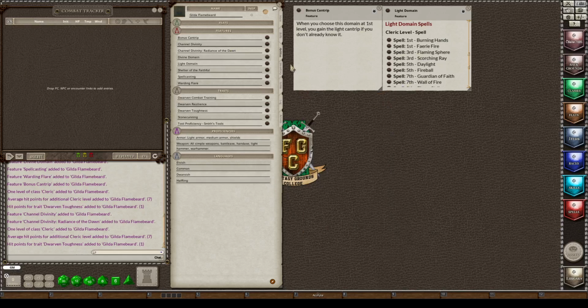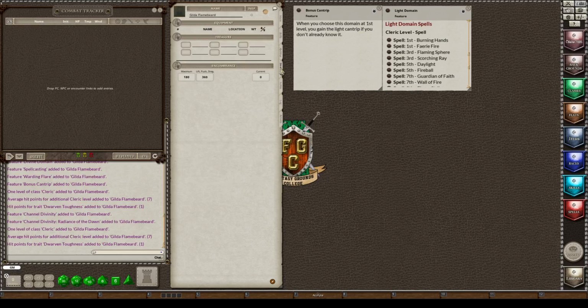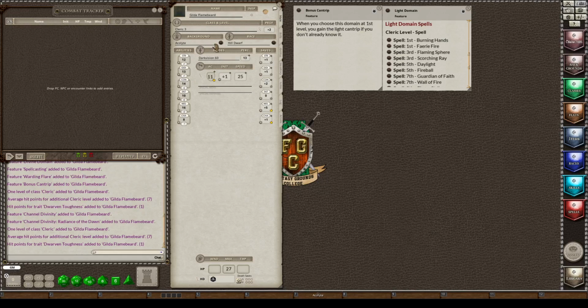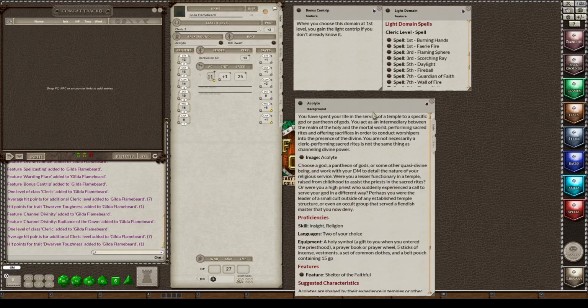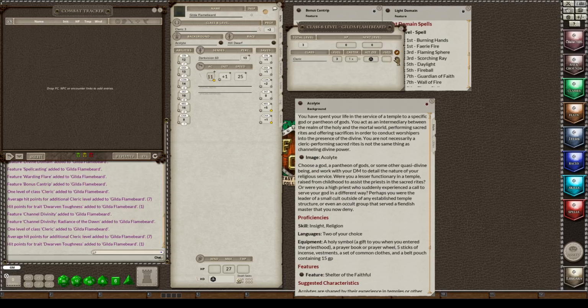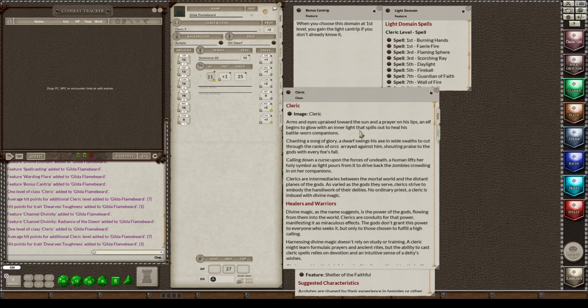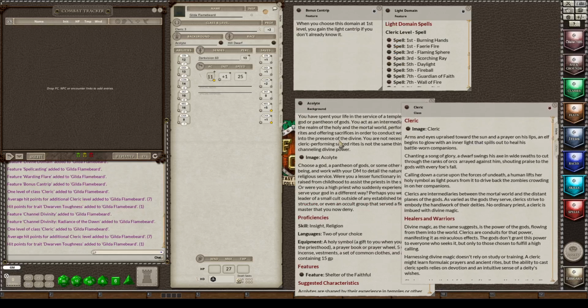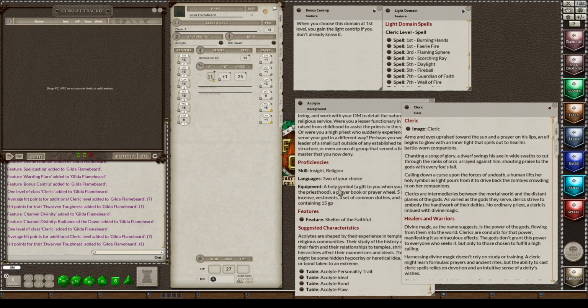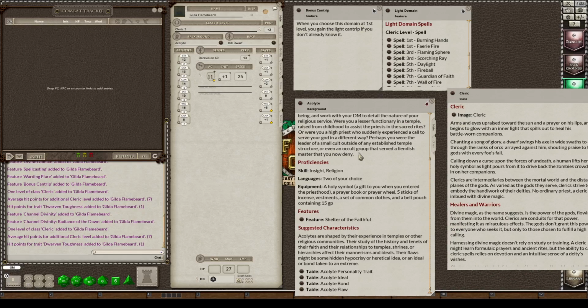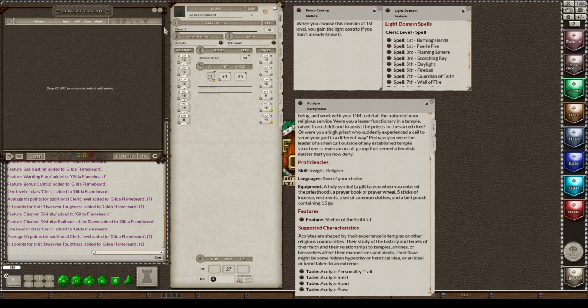I am going to open up inventory. And where do you get your starting inventory? You get it from your background. So I'm going to open that up. And you get it from your class. I'm going to open that up. So I scroll down. Let's start with the Acolyte first. And I'm going to save the cleric over here so I can close that.